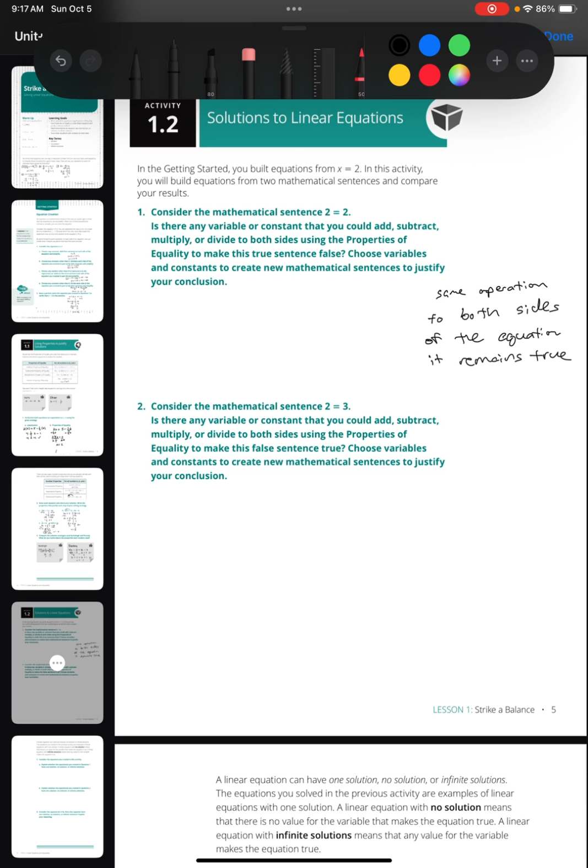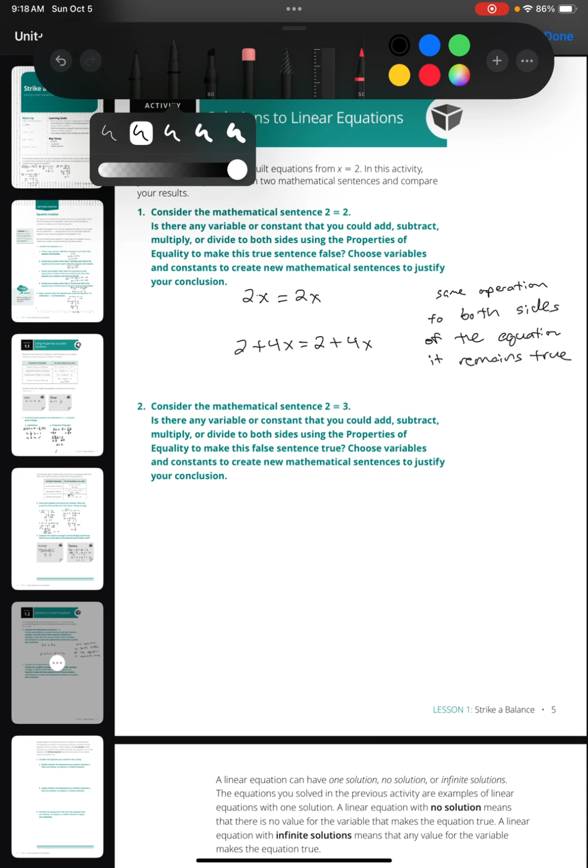So in other words, let's say I multiplied by x on both sides. 2 times x equals 2 times x. Well, that's going to stay true. It's not going to change anything. Or if, let's say, I took the original equation, I added 4x to both sides. 2 plus 4x equals 2 plus 4x. That doesn't change the statement, the equation remaining equal to each other. Okay, and then for 2,